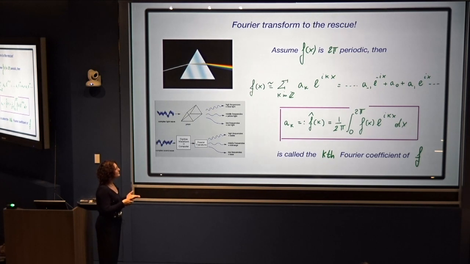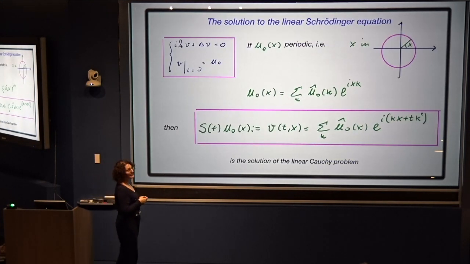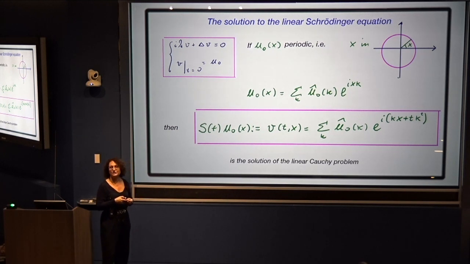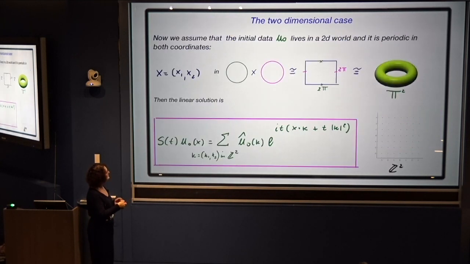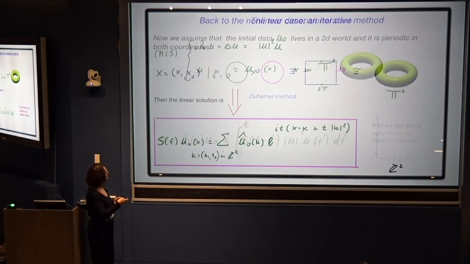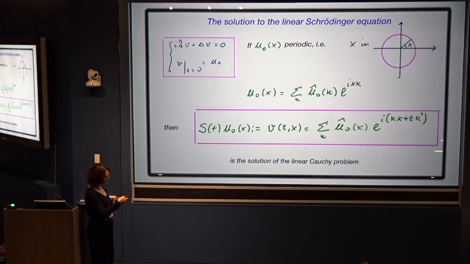So this is all great because now we are looking at a linear problem, and we can write the initial profile as a linear combination of things. So it's not a surprise that if I start with my periodic initial profile u0 of x, and I write it in my development as the series with my Fourier coefficients here, then it's not a surprise that the solution of my problem,